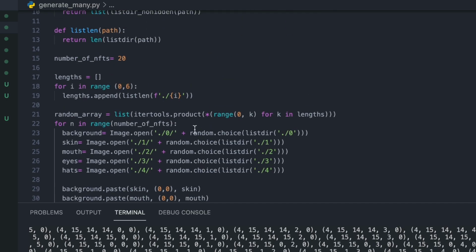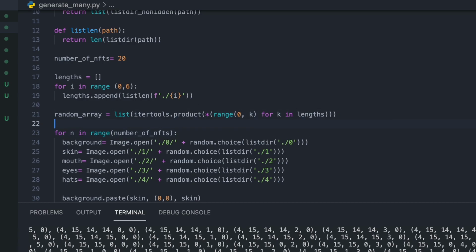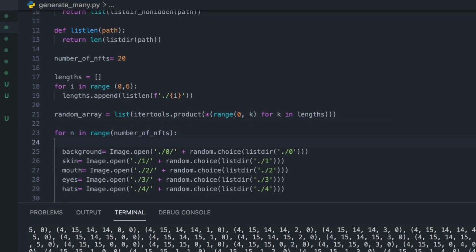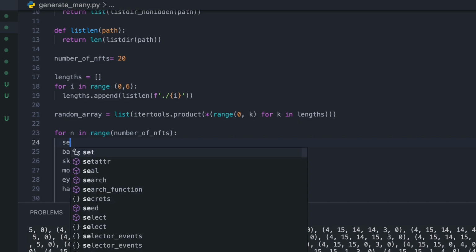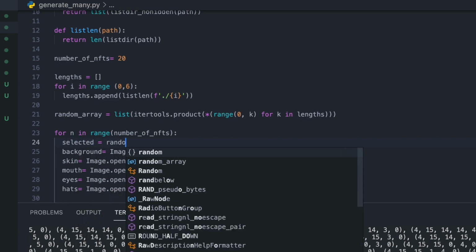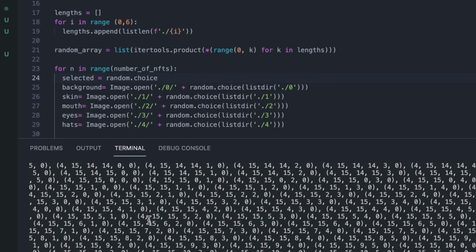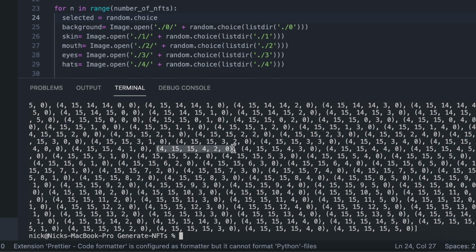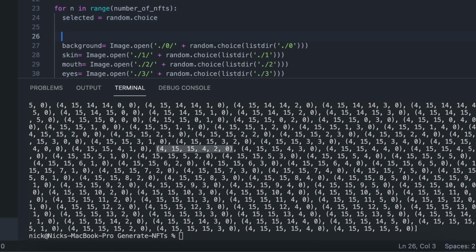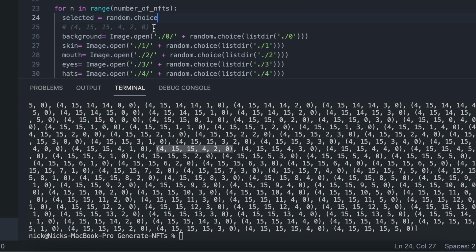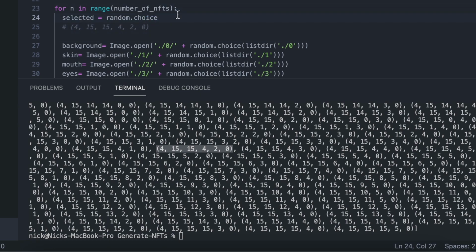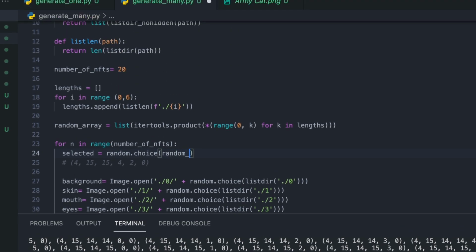So now we are going to take this random array, let's space it a little bit, and pick a random one of those basically. So we're going to use the random choice again, to get our selected value. So choosing a random one out of all of this, say for example we choose this. I'm just going to leave it there for reference so I can explain properly. So if we get a random one,